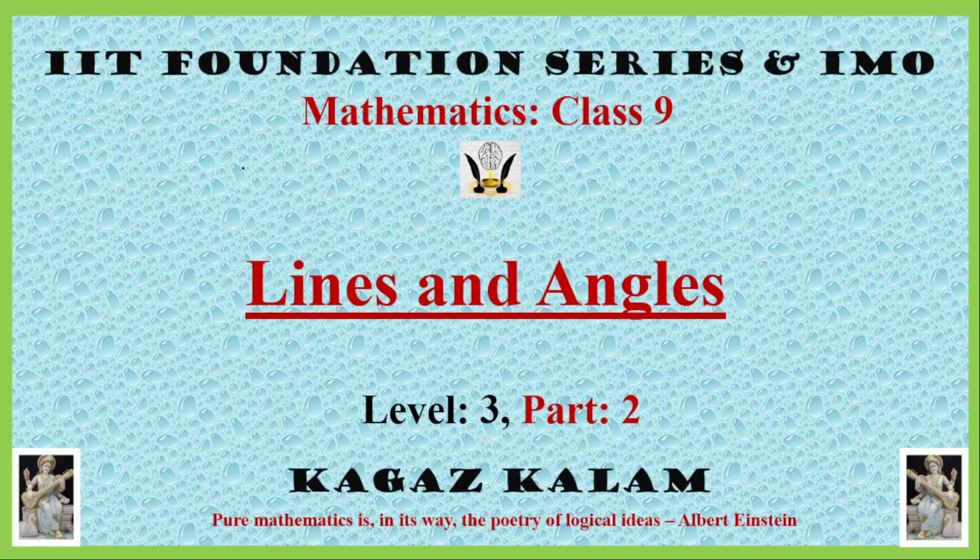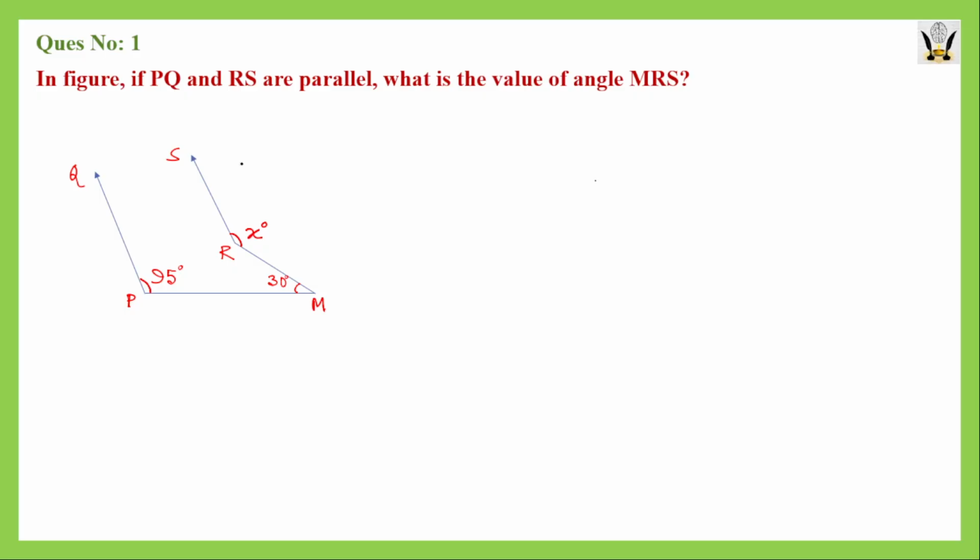In today's class also, we will be solving a few more important and interesting problem sums based on lines and angles. In the first sum, as you can see in the figure, it is mentioned that PQ is parallel to RS, that means these two lines are rays, and what is the value of angle MRS? Means this angle MRS which has been represented by X. As you can see, the value of this angle MPQ is given, and that value is 95